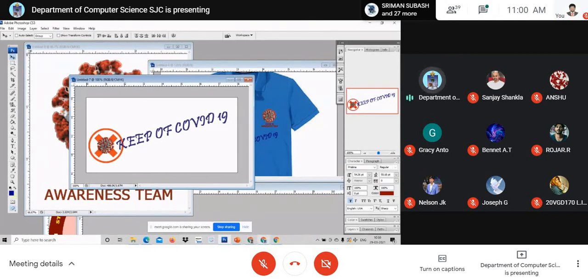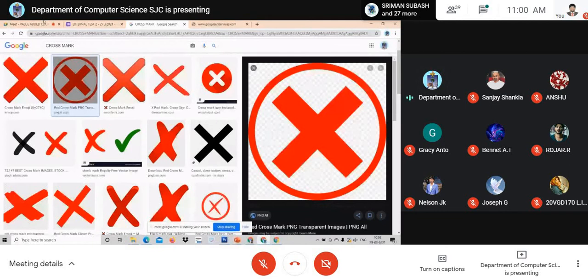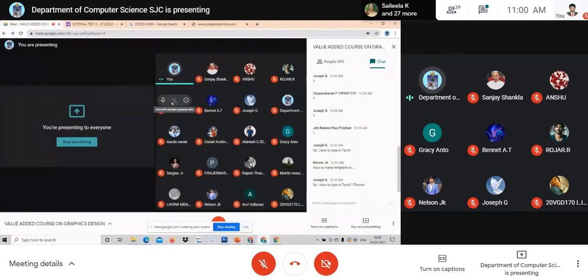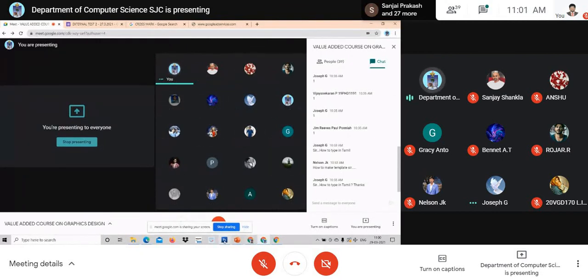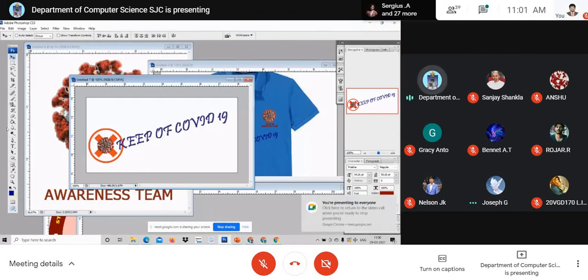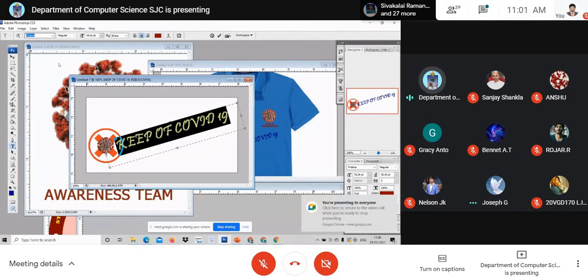Now, any other clarification? How to type in Tamil? See, sir, if you have a Tamil font, you can very well type, number one. For example, I just check whether I have a Tamil font or Hindi font, anything. See, I have no Tamil font, so I'm not able to type.